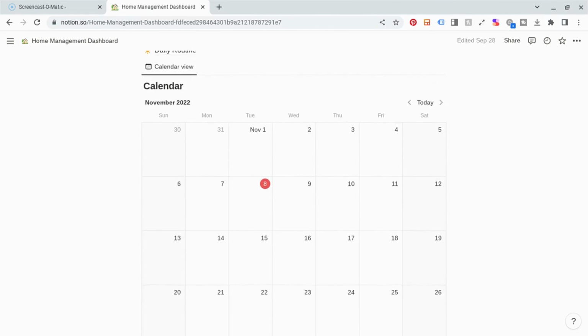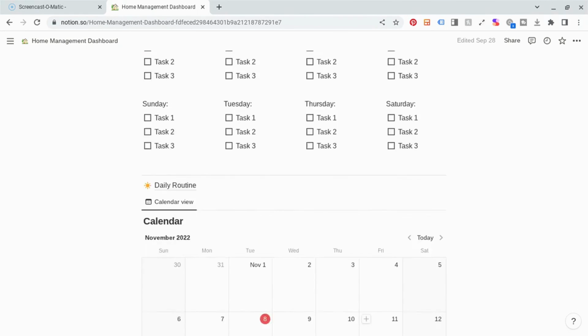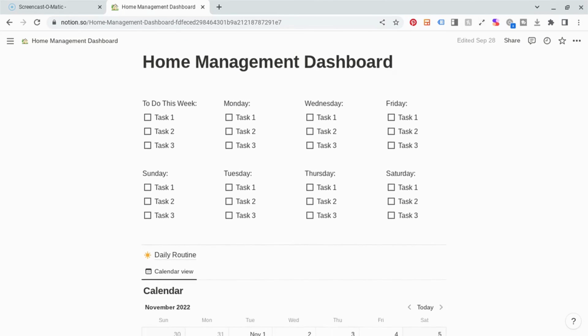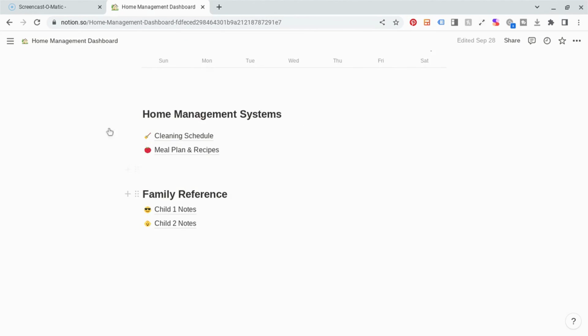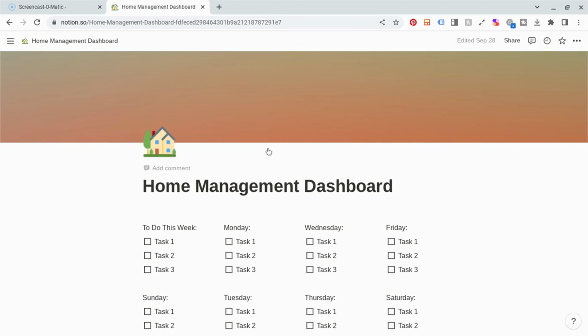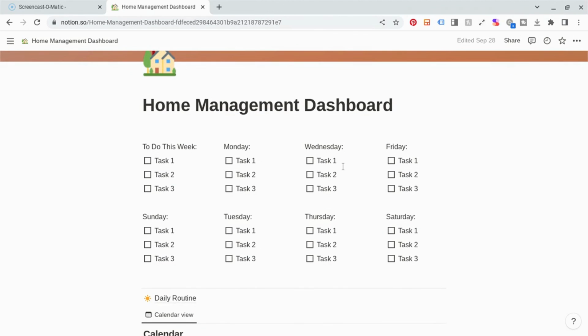So there is kind of an overview on how I like to use Notion to manage my home. It's so customizable. You can easily set this up yourself, but if you want the template ready made for you,